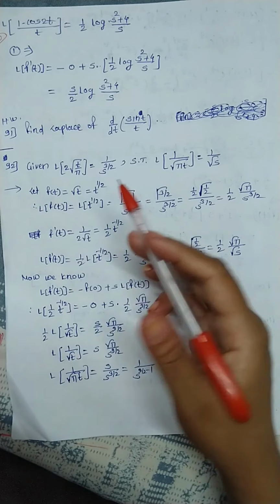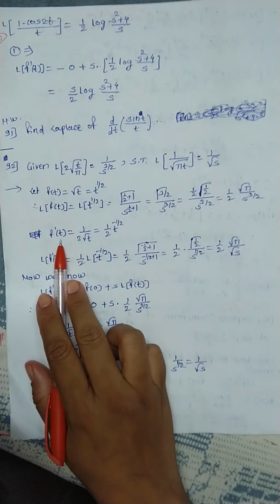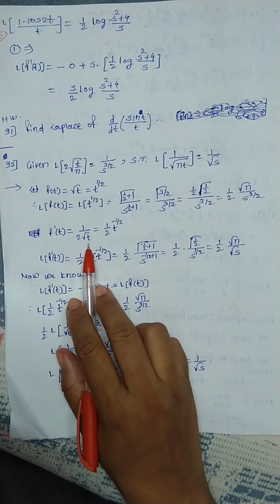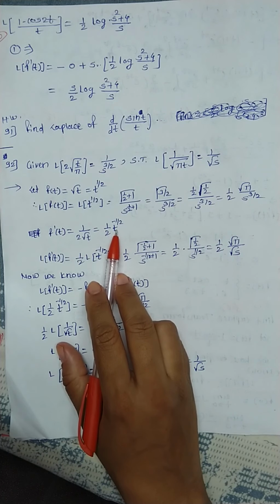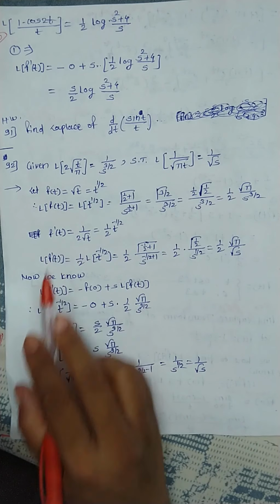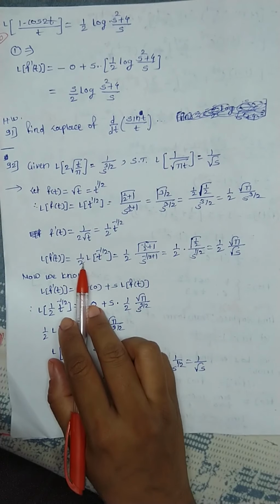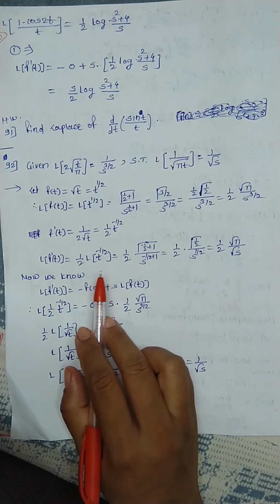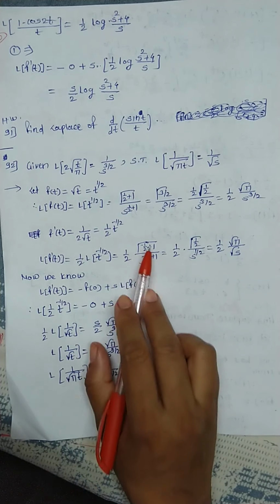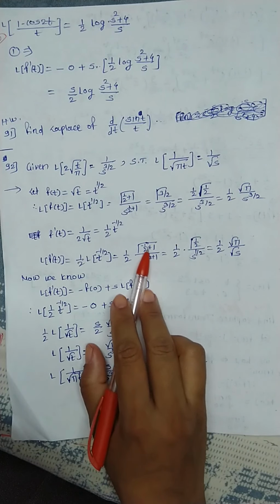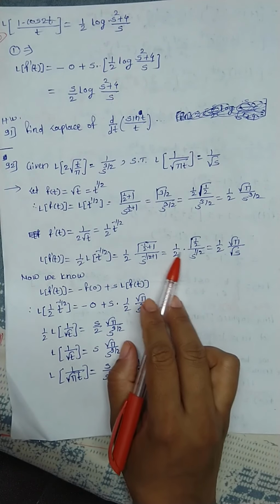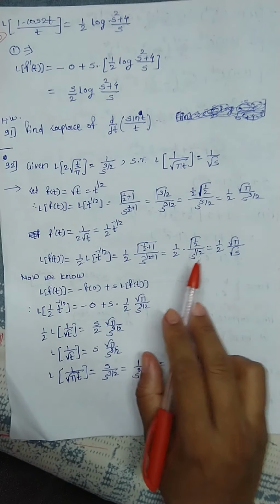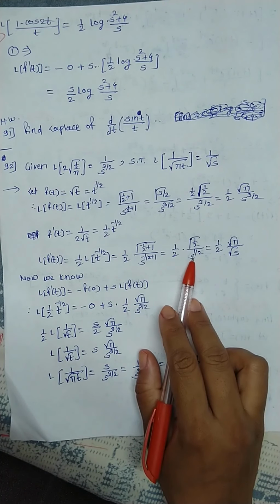Now take the derivative of f of t. What is f dash? The derivative of f of t. The derivative of root t is 1 upon 2 root t. That means 1 upon 2 t raised to minus half. Now take its Laplace. L of f dash t is 1 by 2 as it is, Laplace transform of t raised to minus half. Again we have to use the gamma function formula for t raised to n. It is half into gamma of minus half plus 1 upon s raised to the same number, minus half plus 1. The half as it is, into minus half plus 1 is half, gamma half, s raised to half. Again what is gamma half? Root pi upon s raised to half, meaning root s.